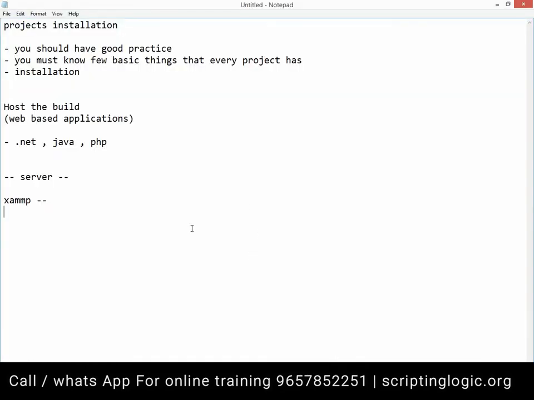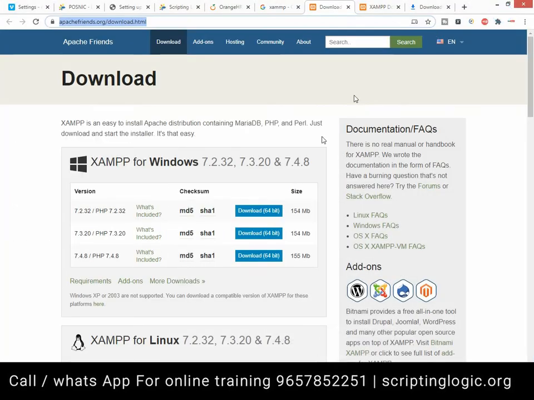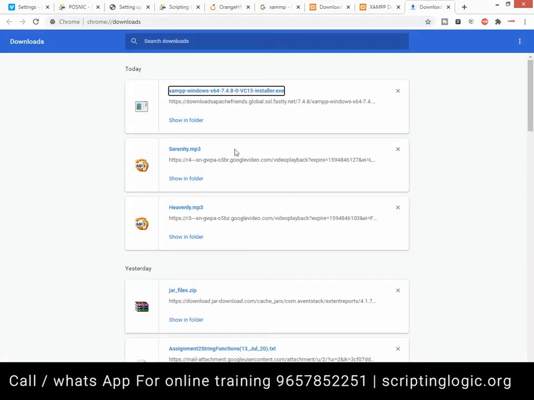Okay, so XAMPP download here, and the version I'll recommend is 7.2. It's okay if you download the higher version, but the recommended version is 7.2. So download version 7.2. Then when it is downloaded, you can open it and say next, next, next. It will be installed. You don't have to do anything extra, right?